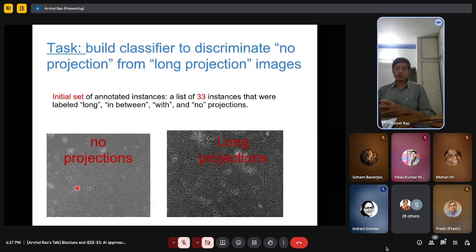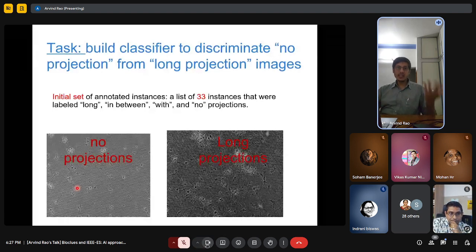So let's see what we can do. This is one of the reasons why you can't use deep learning, right? You don't have that much data to learn from. And because you have some sense of the physics of the problem, feature engineering is probably your only way to be able to salvage the issue, right? So we did that.